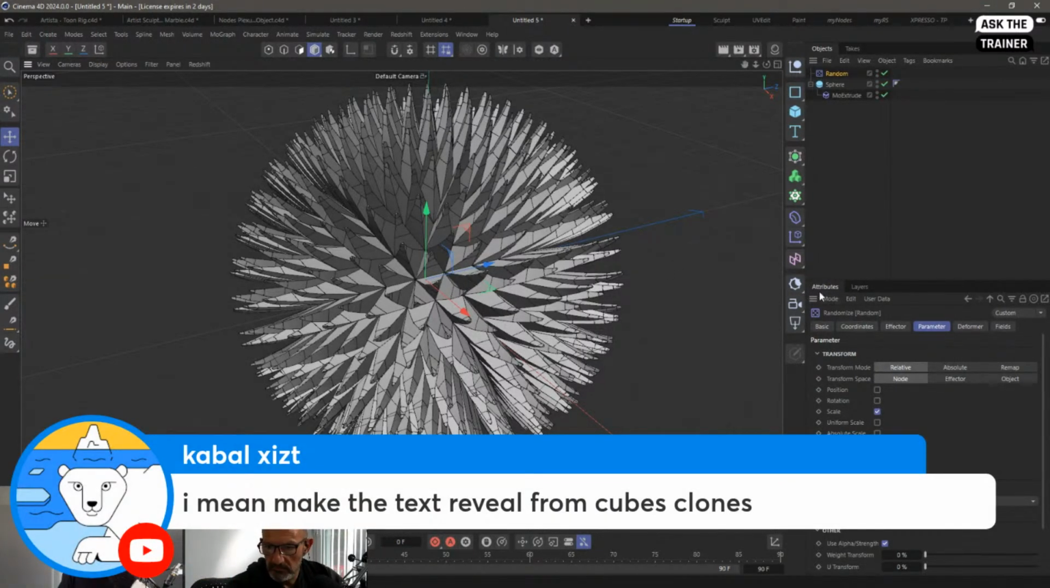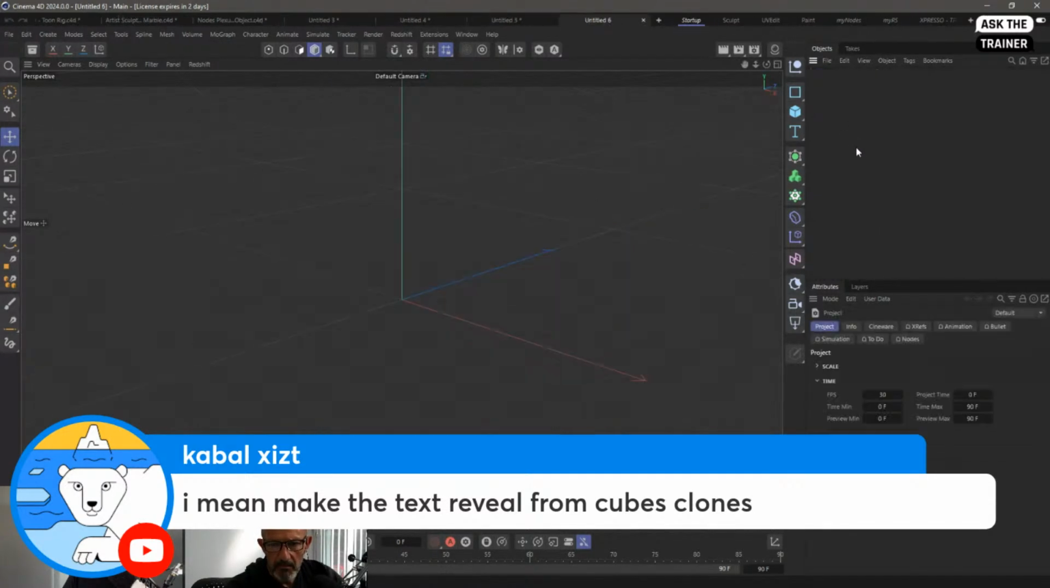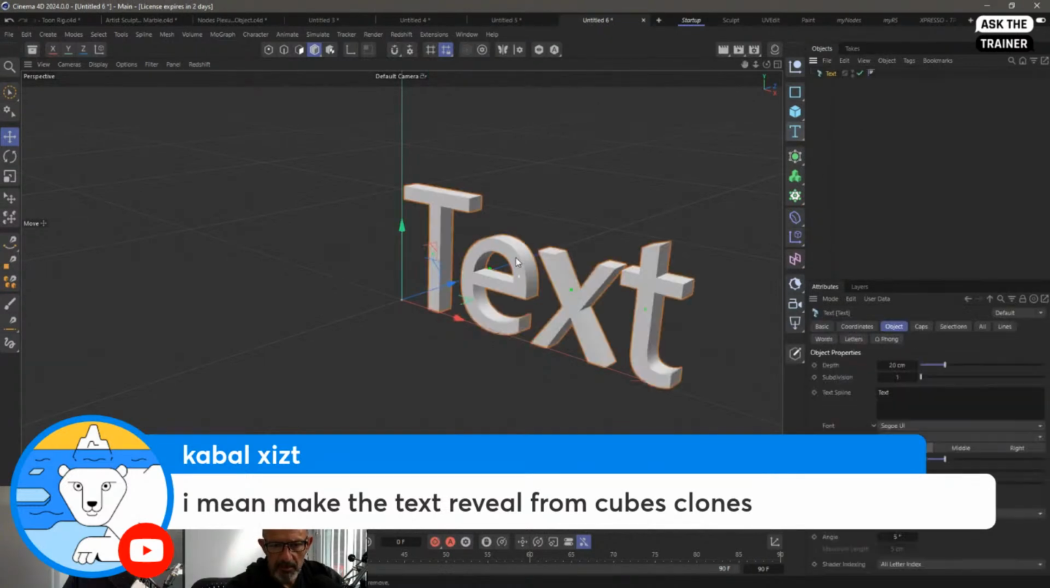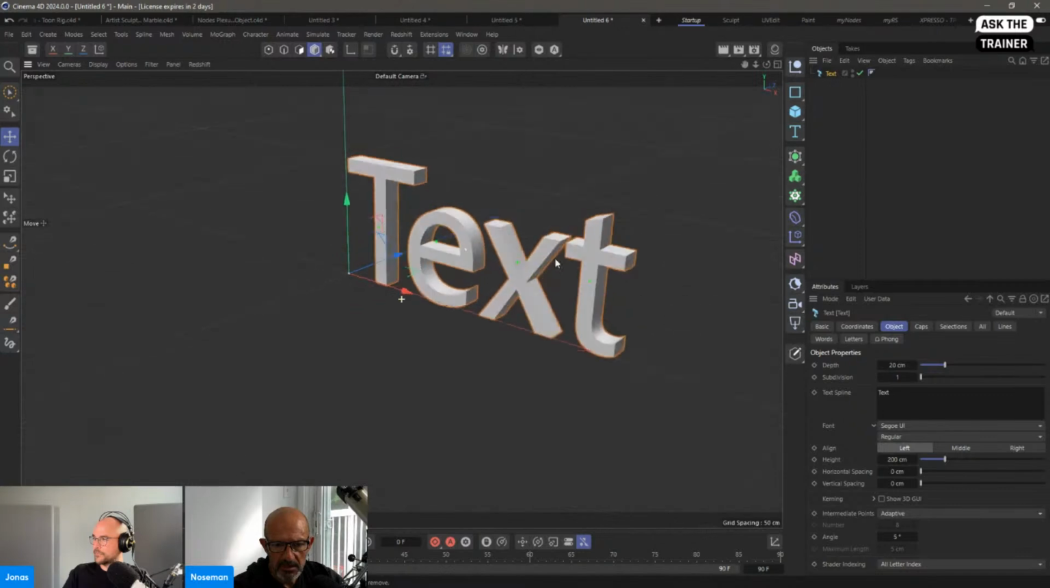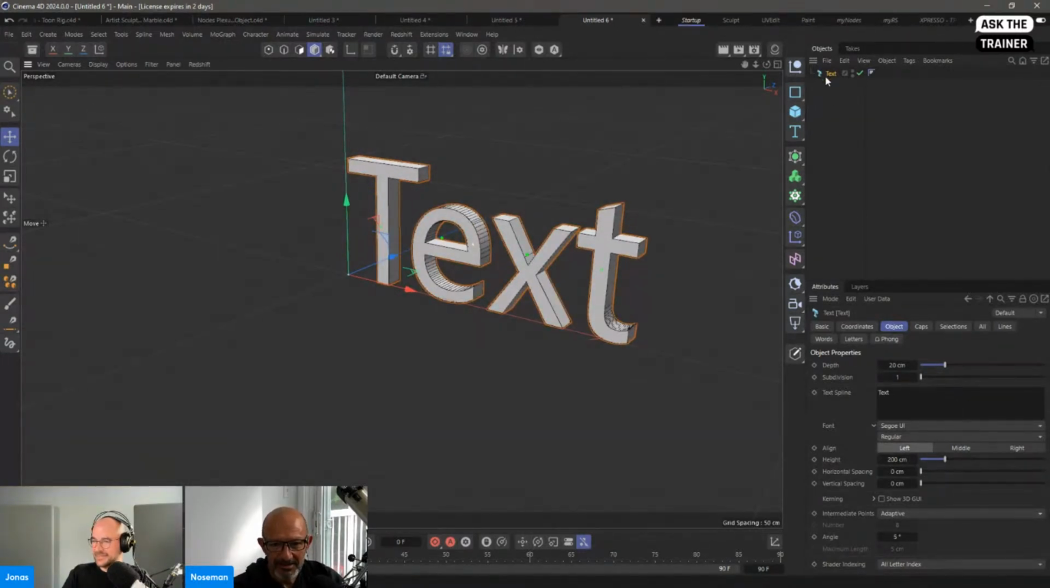He specified the question a bit more. It's about a text reveal from cubes, from cloned cubes. I did a presentation a long time ago about this, but the MoExtrude has nothing to do with that. If you want to reveal something, it's a relatively multi-step process, and again, it depends. There's no other answer. So let's take a text spline and ask